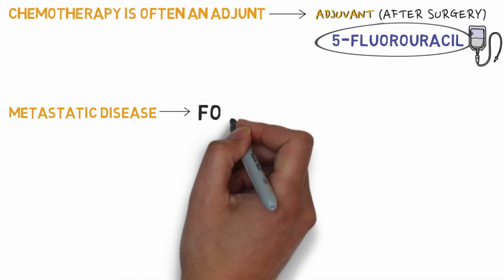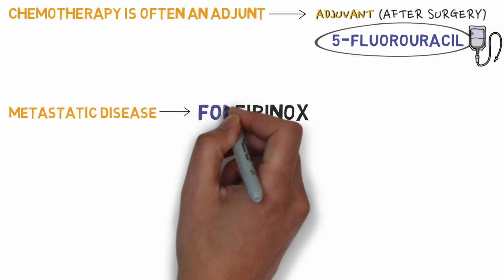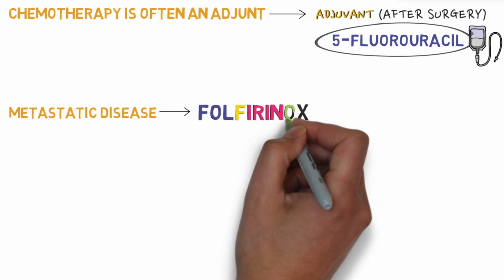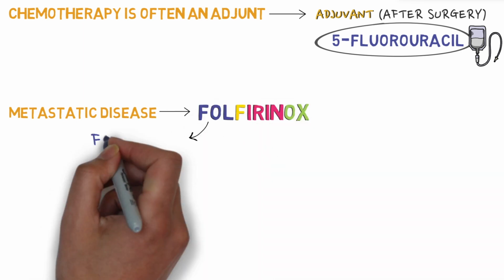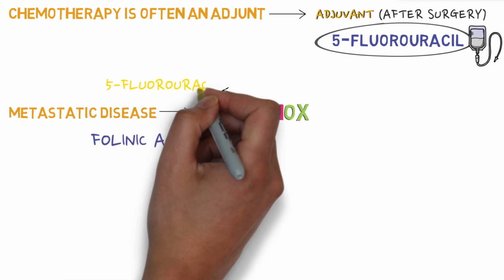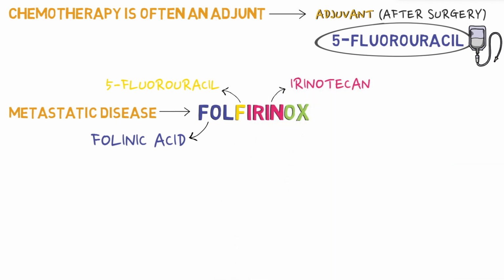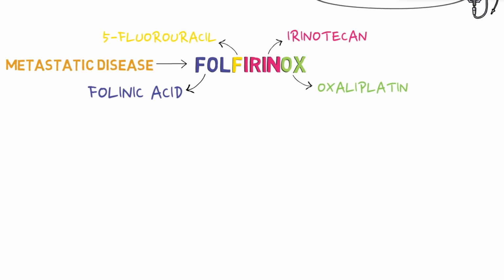This chemotherapy regime is known as the FOLFIRINOX regime and is made up of 4 distinct chemotherapy drugs: folinic acid, 5-fluorouracil, irinotecan, and oxaliplatin. The majority of patients with pancreatic cancer are not candidates for curative surgery, but instead require palliative